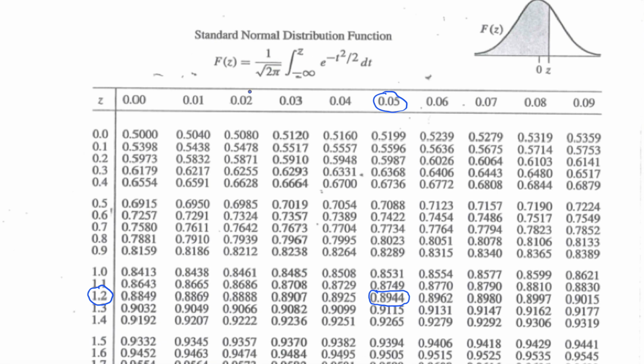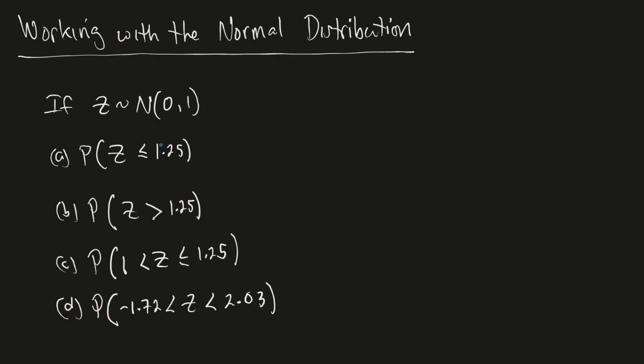It's too hard for us. If we want the probability that our standard normal random variable is less than or equal to 1.25, it's this probability, 0.8944. So let's write that down. This is equal to